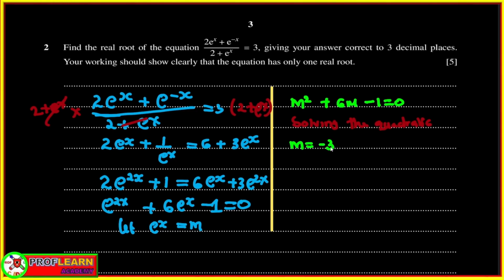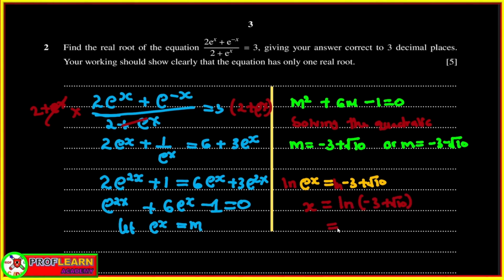So in this case, we are going to get m using the quadratic formula. Whichever way you solve this, we're going to have two answers like this. So if you have e to x equals -3 plus root 10, we can introduce ln on both sides so that we get rid of the e, right? So we're going to have x and then ln of that, and this number inside the brackets is actually a positive number, so we can get the logarithm of -3 plus root 10,